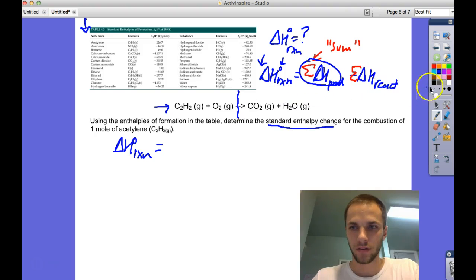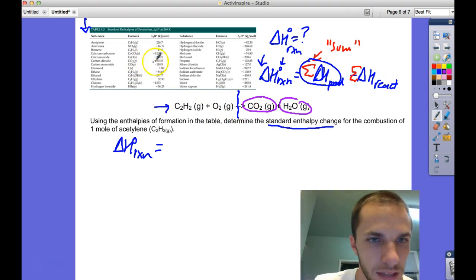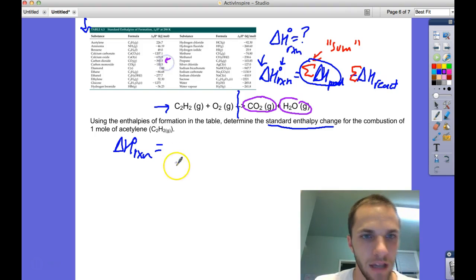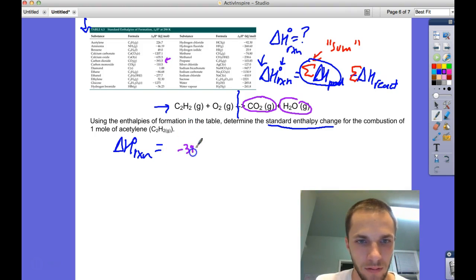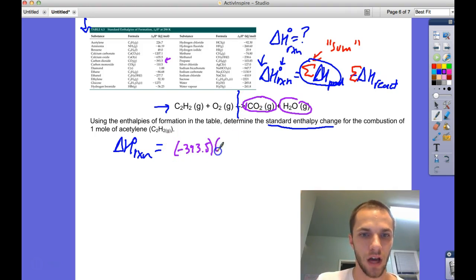I have CO2 gas and H2O. So I need to find those compounds in the table. First I find CO2 gas. I see it's here at negative 393.5. And remember, since enthalpy is extensive, it depends on the amount, so I need to look at the number of moles in the equation. It's 1 CO2, so this is going to be times 1